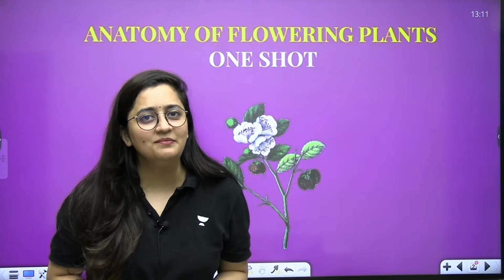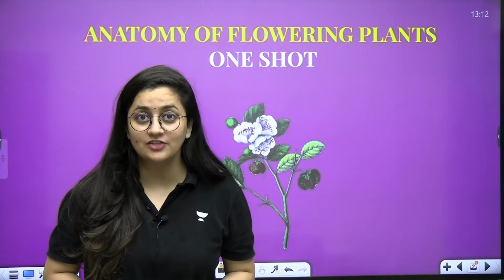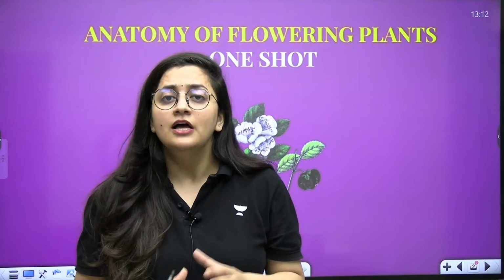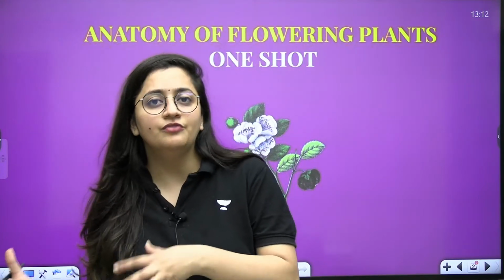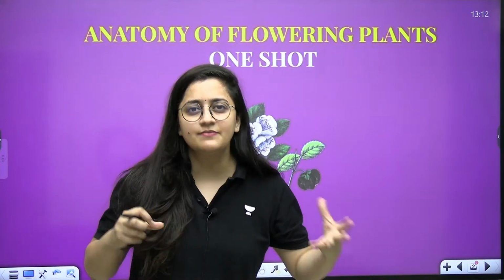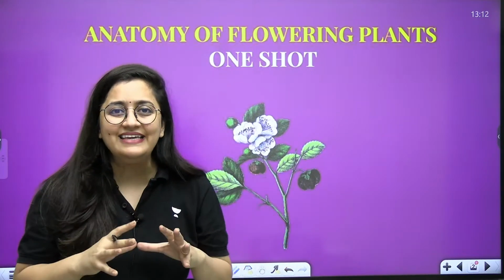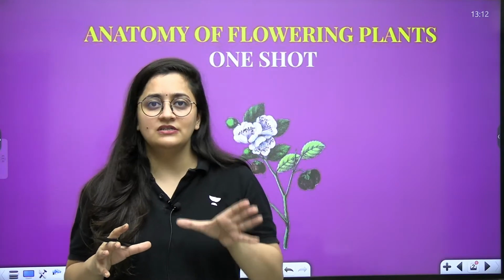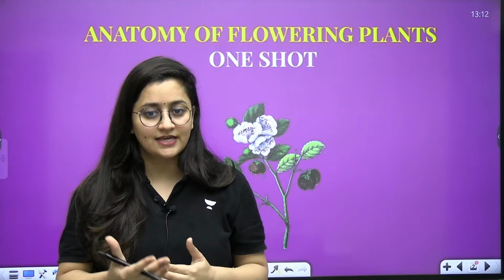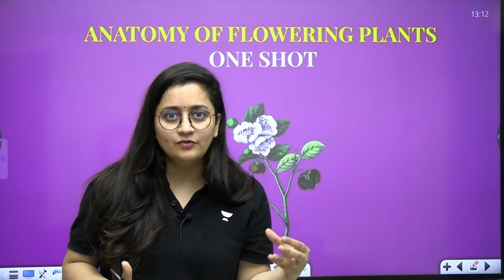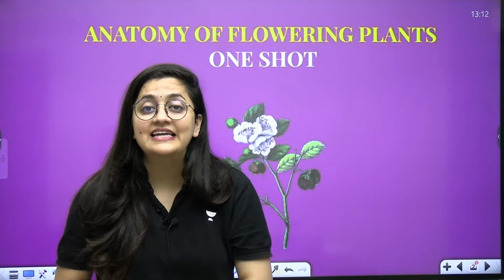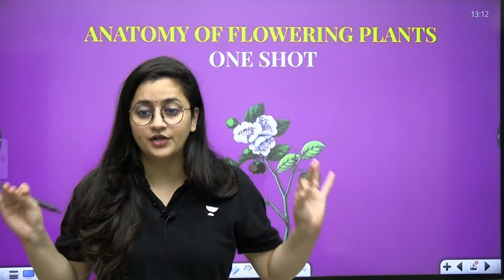So welcome to Unacademy NEET English. I'm your biology educator Ambika Sharma, and today we are going to revise the anatomy of the flowering plant. In the last session we covered the tissue part: meristematic tissue, permanent tissue, and even the entire tissue system, how we divide it. So in today's class we will start with the sections. About the root we will study, about the stem and about the leaf, and then we will talk about the secondary growth, which is a very important topic.